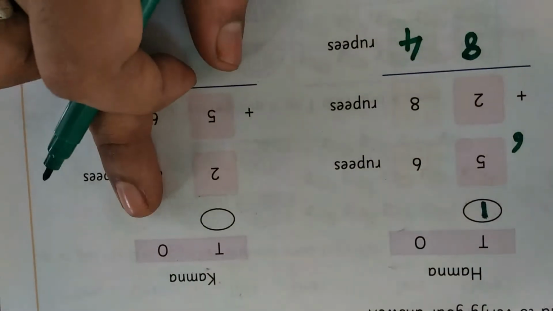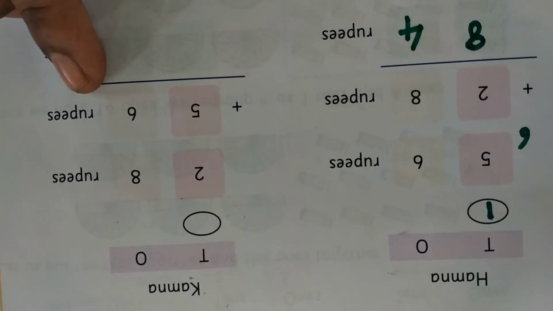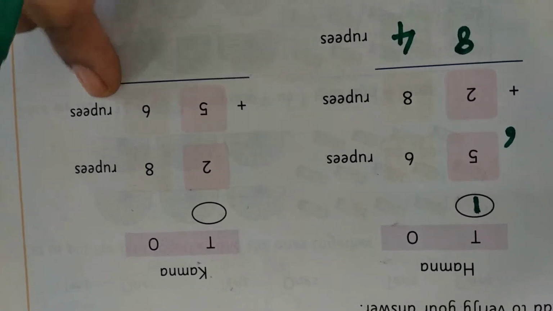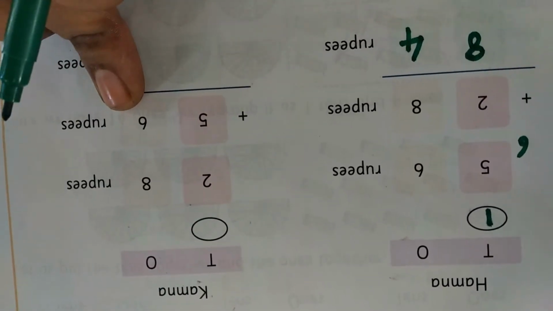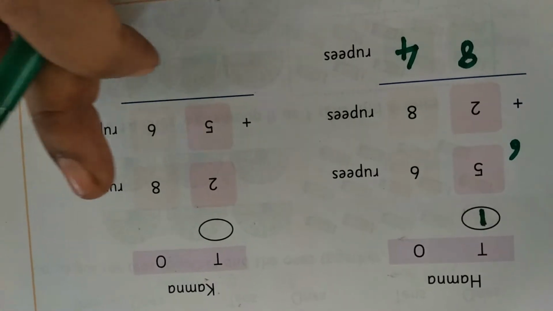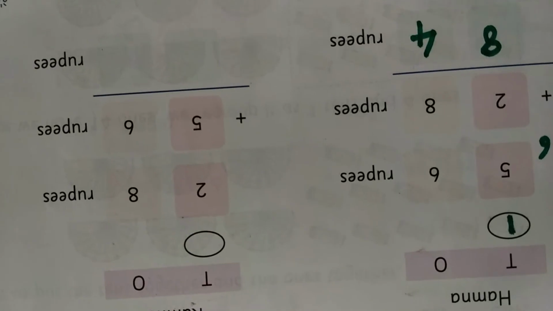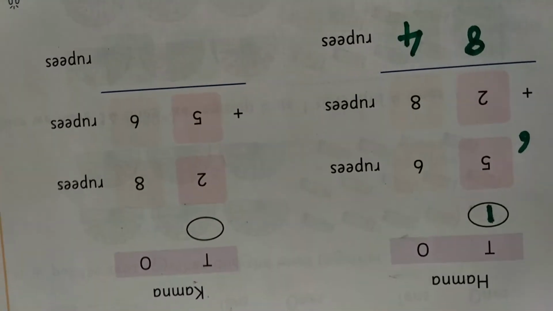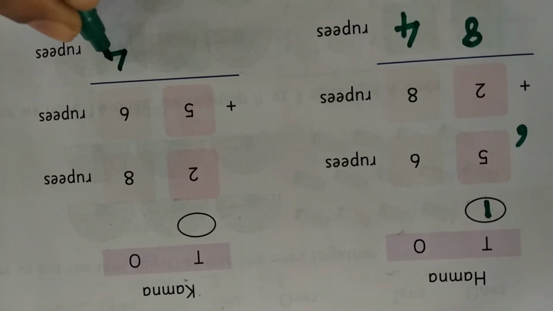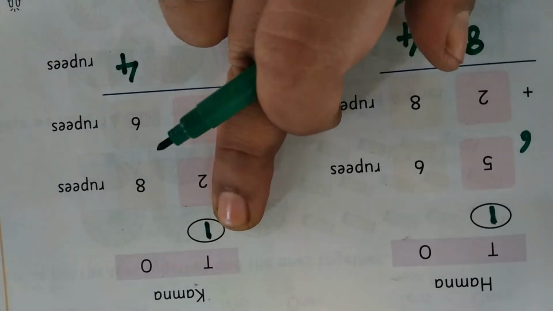Shall we add these two for Kamna? Yes, 28 rupees for snacks and 56 rupees for juice. So you have to add. So 8 in the mind, 6 in the finger. You want to leave 6 fingers on your hand. So after 8, count 9, 10, 11, 12, 13, 14. So 14 is coming. You want to write 4 and carry over 1 here. In this box, you want to write the carry over 1.